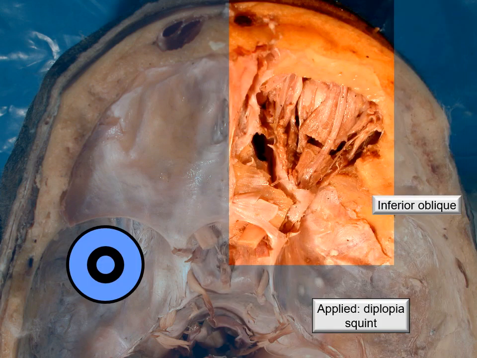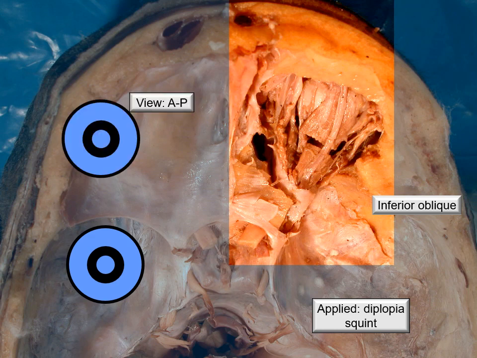Actions of the inferior oblique. We will try to study it a little in detail. You can see the diagram there, the anteroposterior view. Now that is the location of the inferior oblique. When the muscle contracts, watch what happens to the 12 o'clock position. When the muscle contracts, the eyeball turns, that is the extorsion.